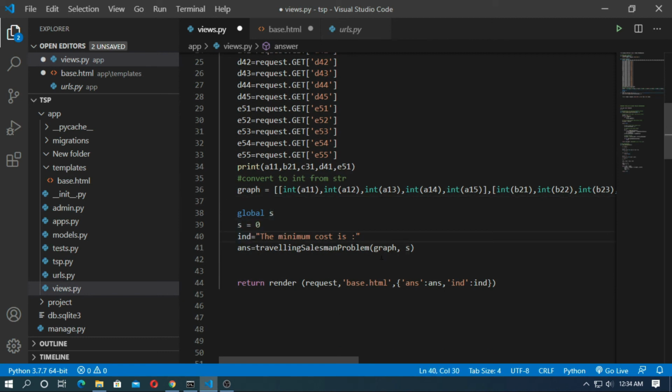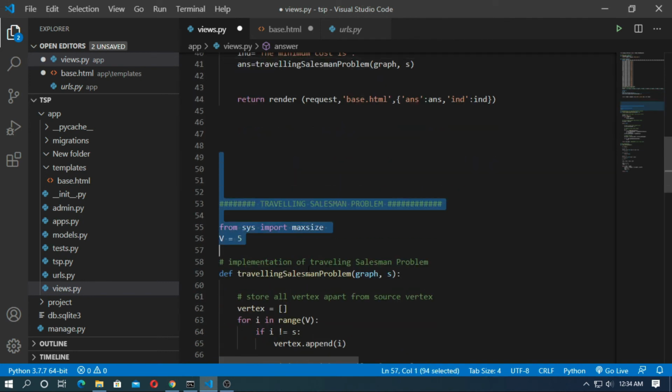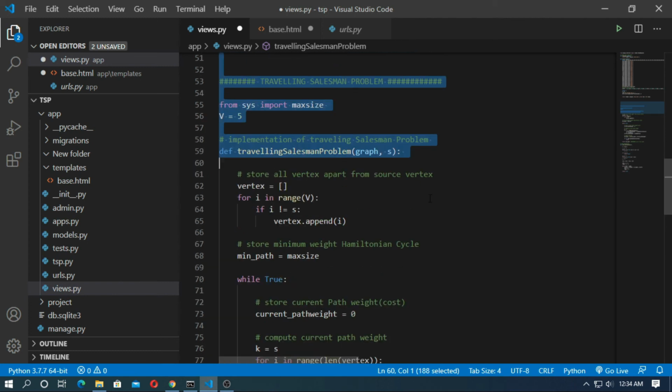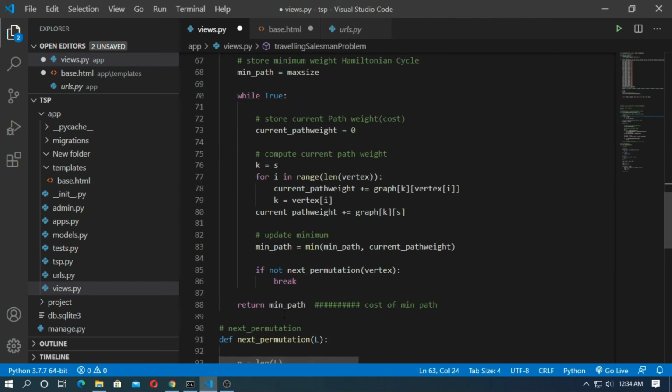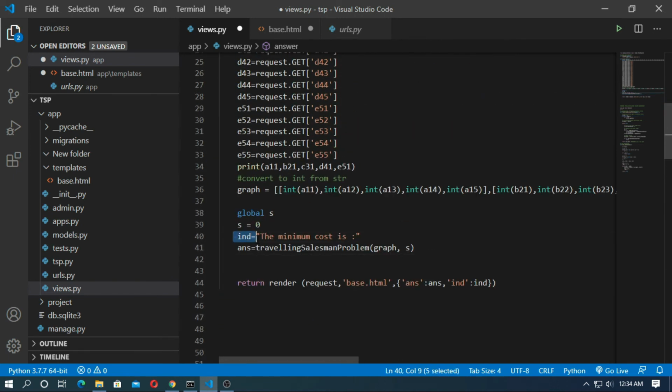This will be used in the traveling salesman problem function, and this is the function for the traveling salesman problem, which will return the minimum path, actually the cost of the minimum path. So create a variable int and pass a string, the minimum cost is. Now create a variable ans and pass the traveling salesman problem function.